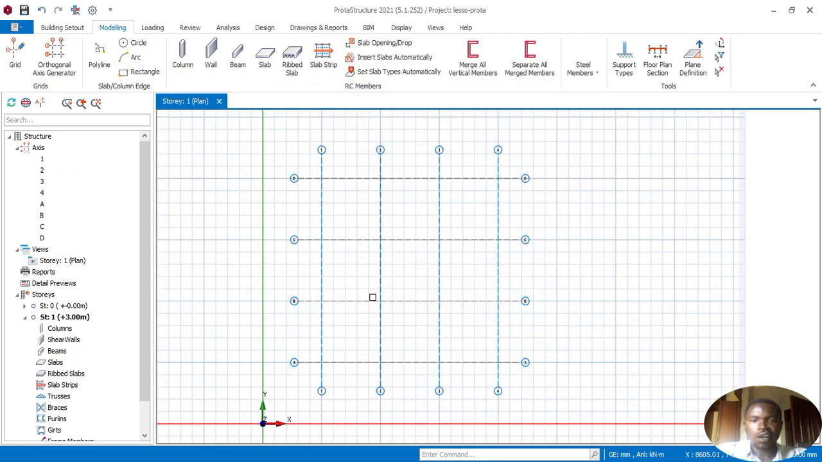As you can see, we have these grids separated by 5,000 millimeters, and we also have these ones separated by 5,000 millimeters. As we said, we shall be placing the columns on the intersection of these axes. So when we are going to draw columns, we shall go in the modeling,